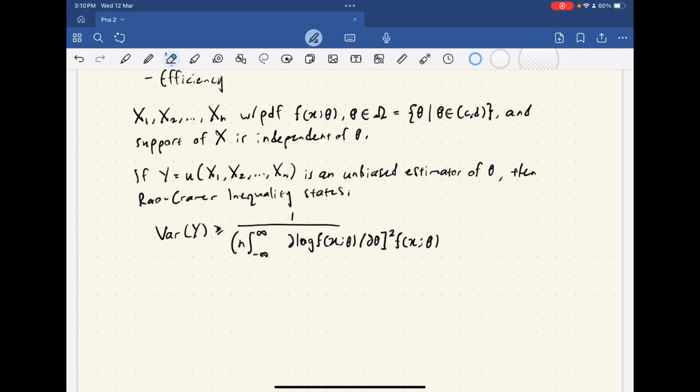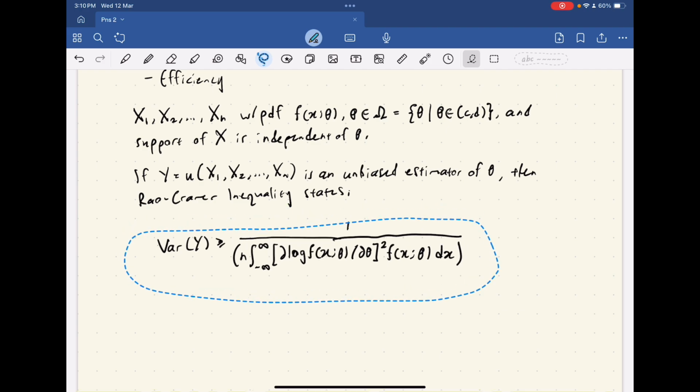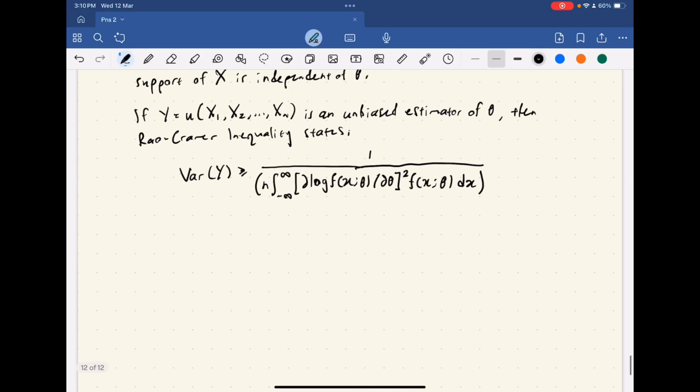Now this is just official information, but interpreting it this way might be harder, so